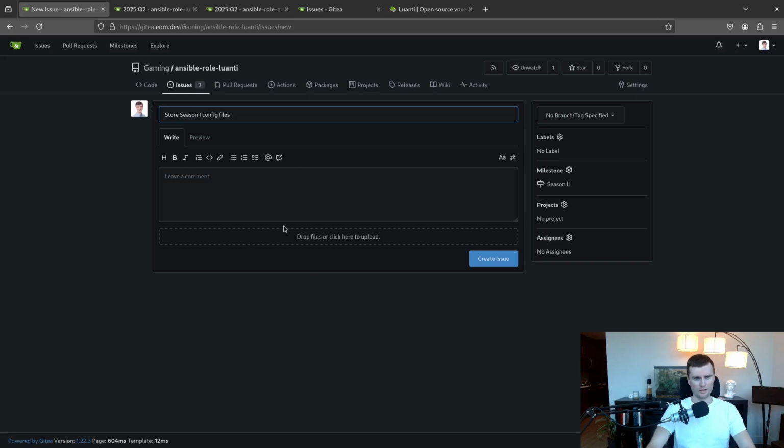config files. So in the existing server, the config files that are living on that live instance right now have probably been changed since I was modifying this repository. So before I start doing anything for season 2, I want to make sure that I have the original configs for season 1 saved here, and not have any problems. So let's see.